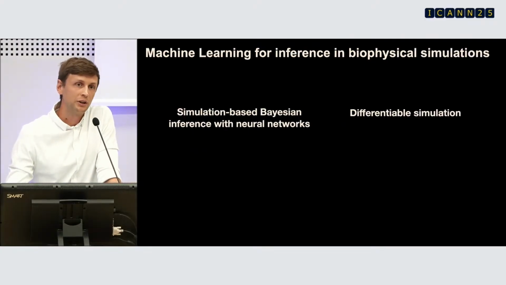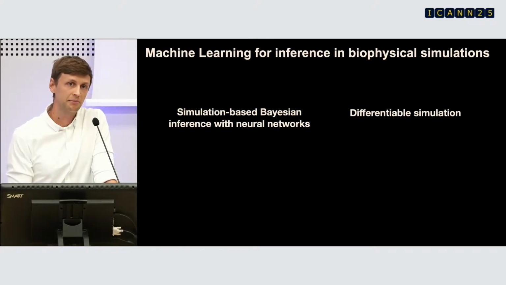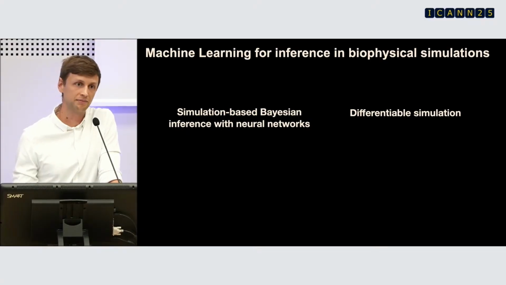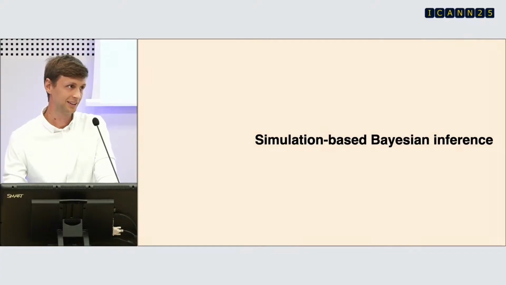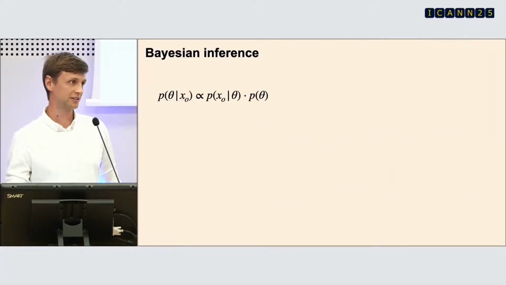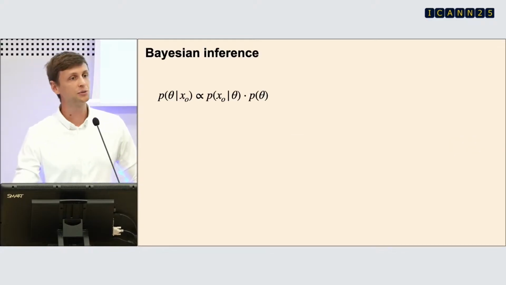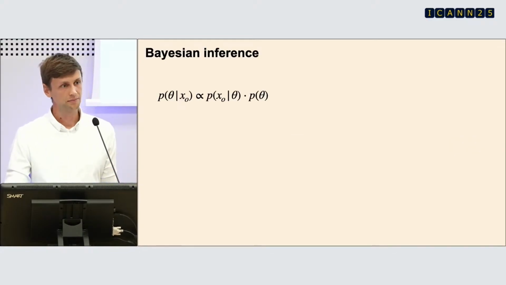Today, I'll talk about two approaches to overcome these limitations. I'll talk about simulation-based Bayesian inference with neural networks and about differentiable simulation. I'll start with simulation-based Bayesian inference. As the name suggests, these methods aim to perform Bayesian inference, which itself aims to compute the posterior distribution, the